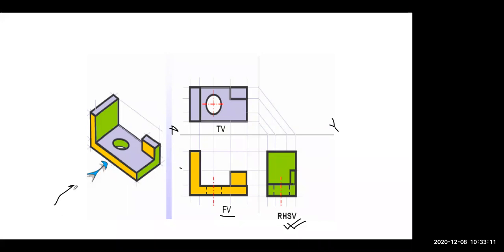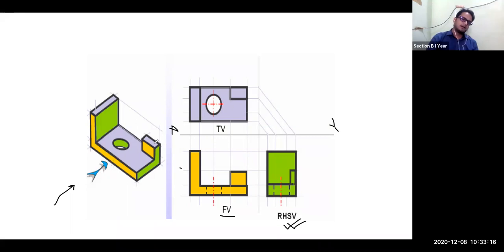If the observer is looking from this side, you see this yellow color, and the yellow color of this face also. If you look from the top side, you will see this gray face and these three faces, so that is represented here in your top view. Now, a point to be noted: there is one hole over here, but you will not be able to see that hole from your front side. So if you pay attention, it is represented using hidden lines, that is dash lines.